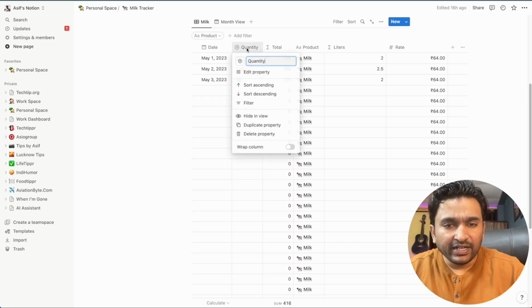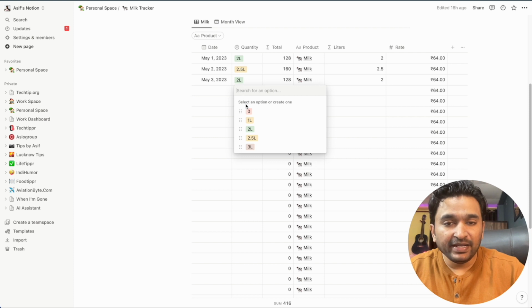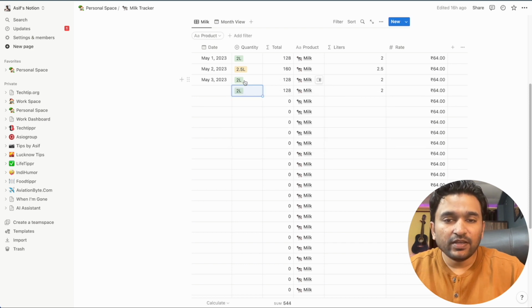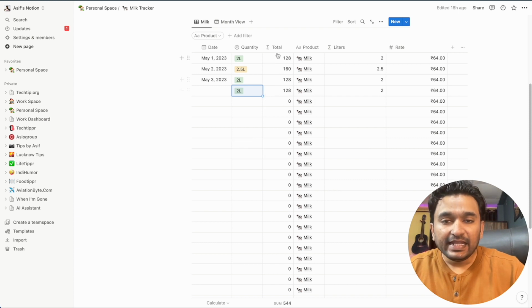And the other column is the quantity column. The property of this column is select. You can create as many options as you want, and the options will be available when you click on an empty cell inside this column. So if I select 2 liters, the total quantity will show 128 because the total column has a formula,